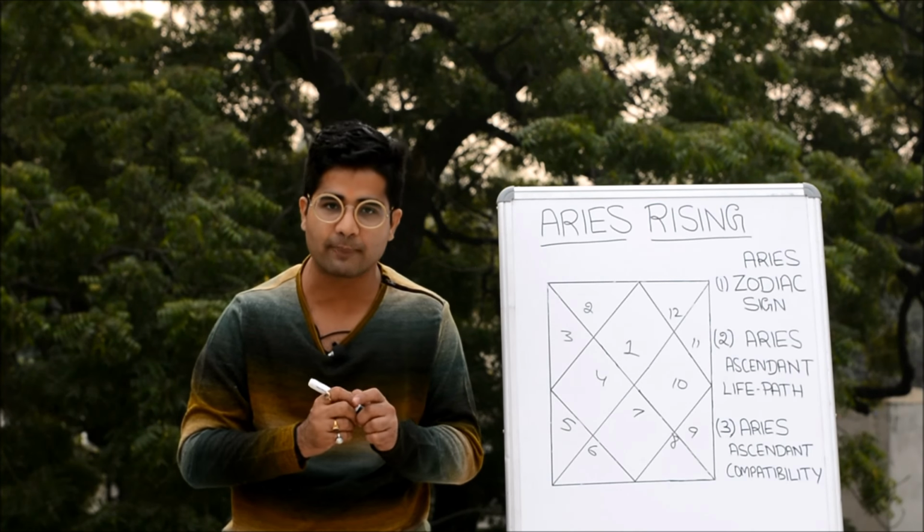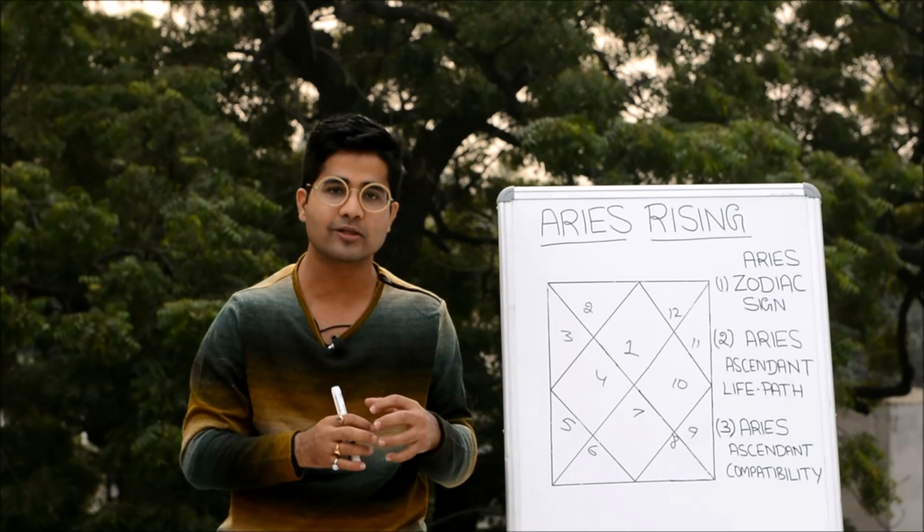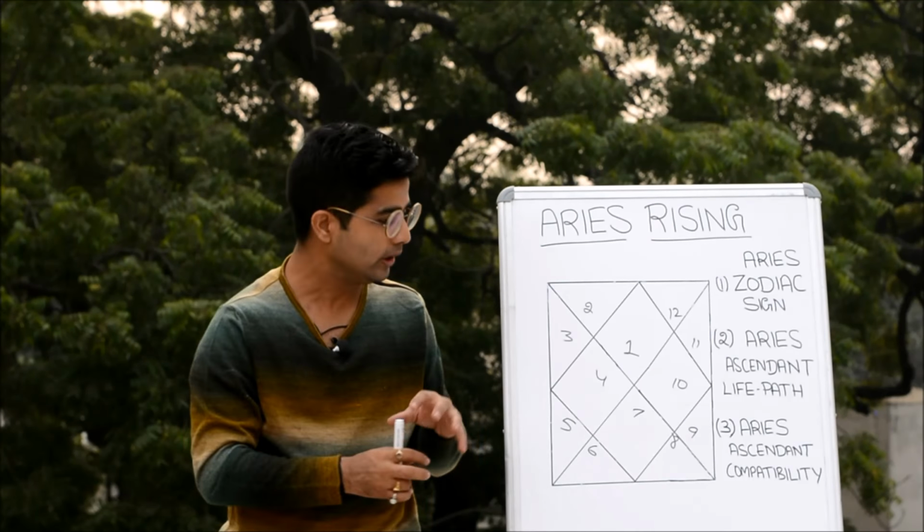Because now, in the last part we have already understood each of the houses. Let's say for example the 4th house is the house of the mother, the 7th house is the house of your spouse, and the 10th house is the house of your career. Now what you have to do is match the innate qualities of each particular house with the innate nature of a particular zodiac sign. That is the only reason why the ascendant plays a very vital role, because the sign which comes over here, all the successive numbers come on the other houses.